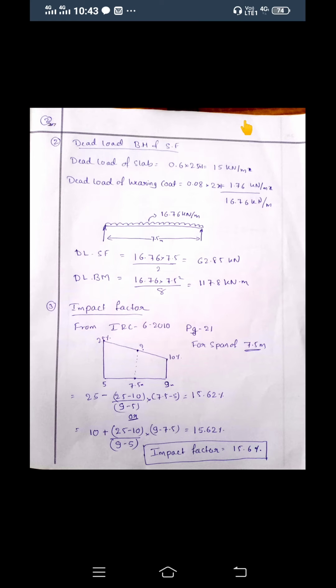Similarly, the dead load shear force is WL by 2, so it is 62.85. This is the dead load bending moment and dead load shear force. Clear? Now